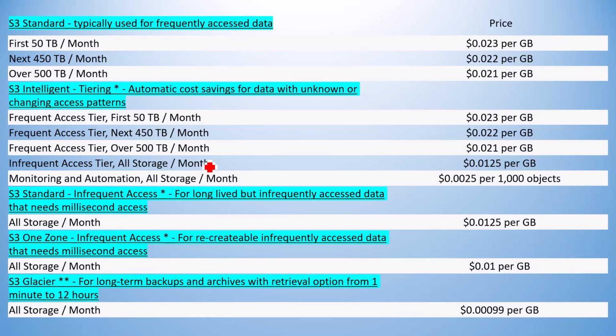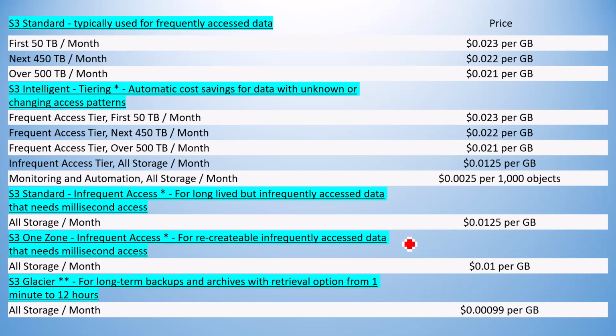This is the complete list of costs against each storage. Here S3 Standard, the first one, has the highest charge, 0.0023 per GB, and over 400-500 TB it is 0.021. So when your storage size is growing, the price goes a little lower. And this is Intelligent-Tiering. Here you are not setting the lifecycle; it is automatically moved from one storage to another, and the cost is nearly the same as S3 Standard.